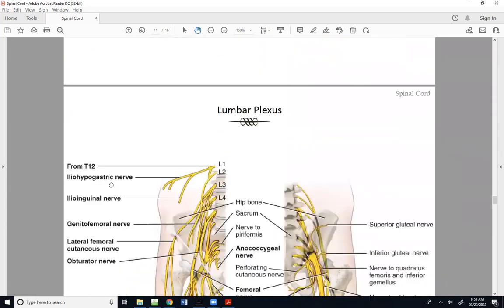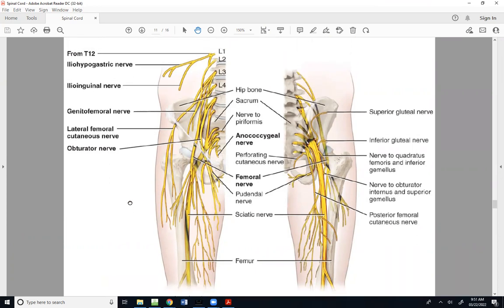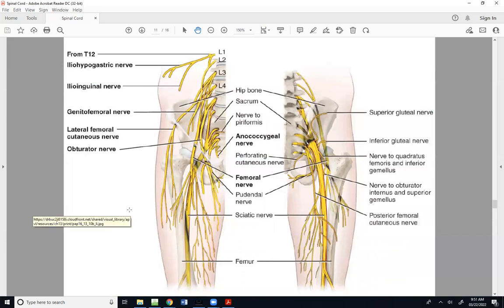We look here on the next page. I've included figures from your textbook, an anterior view and a posterior view of essentially from the lower back to just above the knee. And we can see some of those same nerves that were just listed, along with some nerves that aren't listed, like the sciatic nerve that you may have heard of before, like the pudendal nerve that you probably haven't heard of before. I'm going to actually not highlight anything quite yet or tell you what to highlight,